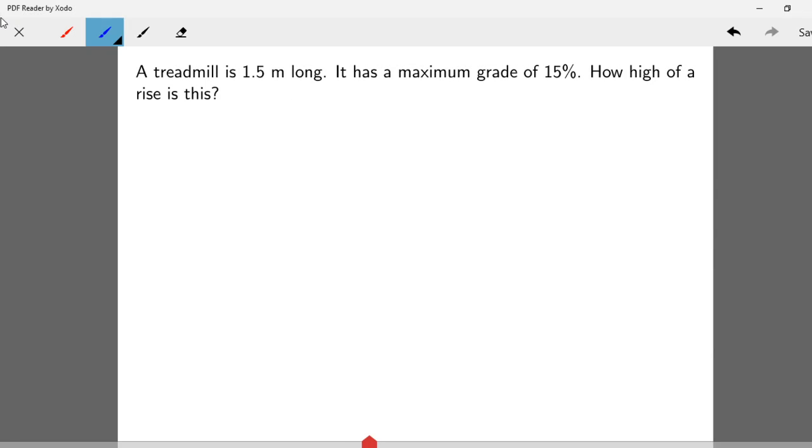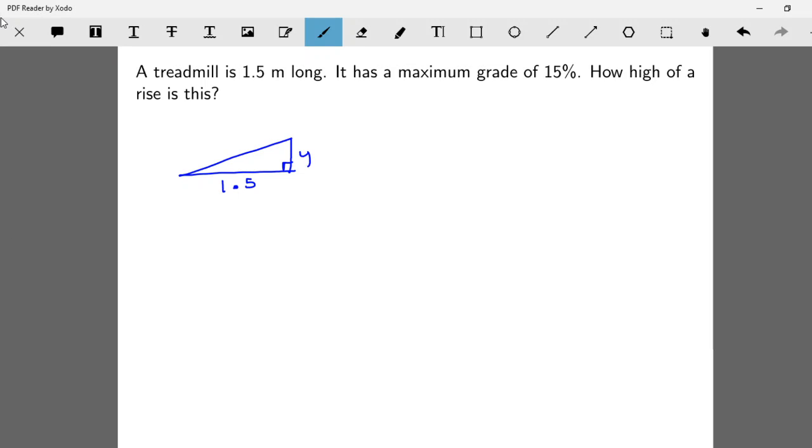A treadmill is 1.5 meters long. It has a maximum grade of 15%. How high of a rise is this? Well, let's go back to our treadmill picture. Call that y because I don't know how high it is. And we know that the vertical divided by 1.5 is going to be 15%, 0.15. Oh, so we're going to multiply. Y is going to be equal to 0.15